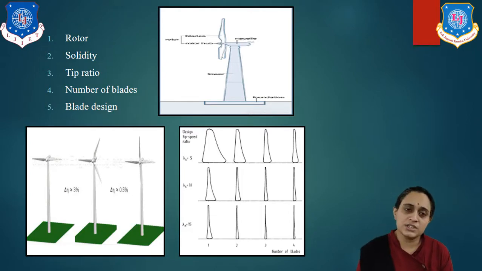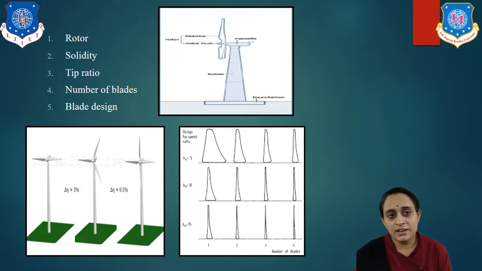Now tip ratio, it is generally denoted by lambda, and it has lots of equations that we will study later on. But tip ratio means the ratio of the speed of a rotor tip to the wind speed. Okay, so we will study it very well. Now in this case we have to study the number of blades of a rotor. As we have discussed, there are different numbers of blades, like 1 or 2 or 3 or more, and whichever the number of blades, it will give us the basic equation based on the number of blades.